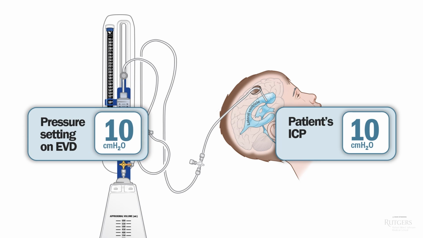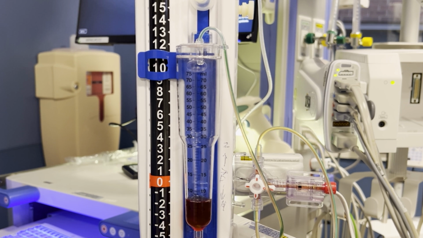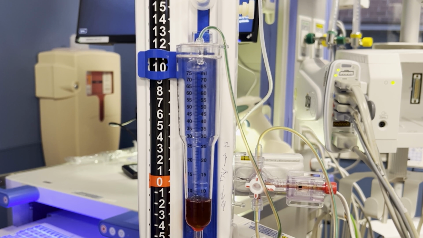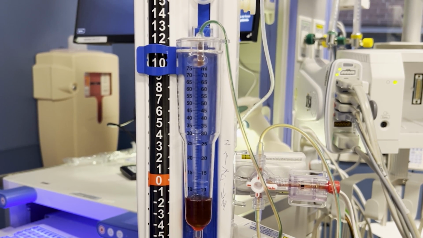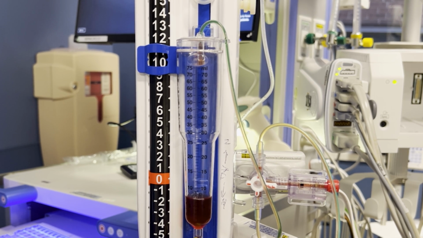Let's lower the collection chamber to 10 centimeters of water. Now the pressure in the chamber and the pressure inside the patient's skull are roughly equal. The EVD will act just like another ventricle. CSF is being produced at a rate of about 20 cc's an hour, and it will circulate through the intracranial ventricular systems and the subarachnoid space, and some of it will flow into the EVD at a rate of about 7 to 10 cc's an hour. This is why we place the EVD in our patient. When subarachnoid hemorrhage impedes intracranial CSF flow, we want to give CSF another place to go.